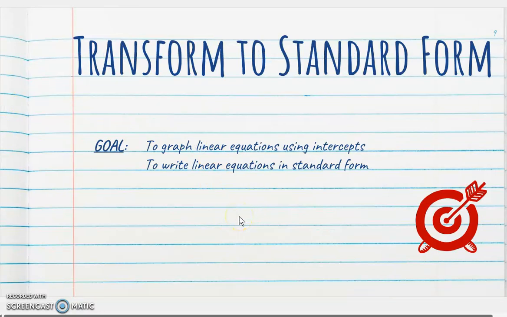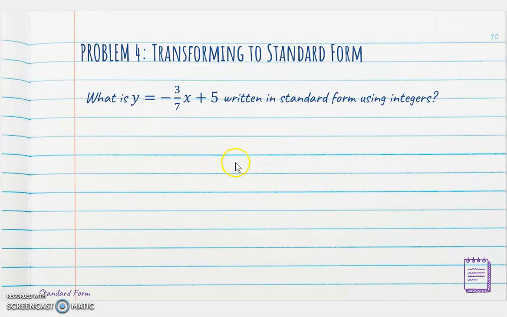One last thing: transform to standard form. We're going to look at an equation that's written in these forms. It looks like right here we have the